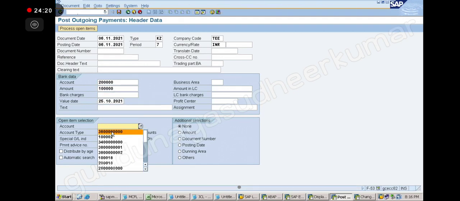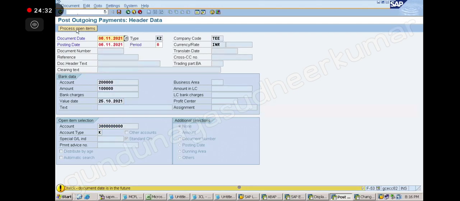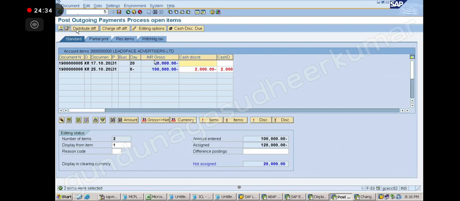How much discount am I eligible for? 2,000, which is 2%. Let us see what the system will show.